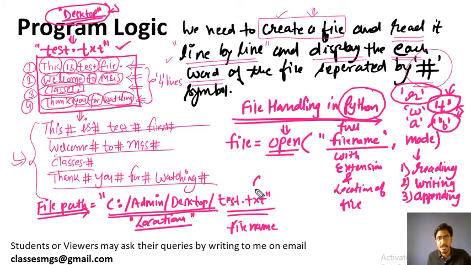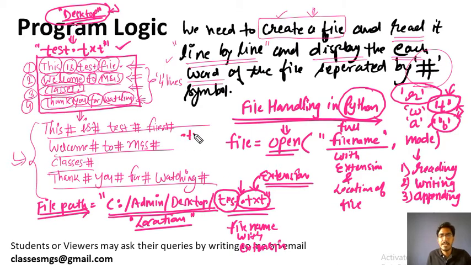And what is its extension? The extension is always put after the dot in the file name. Before the dot is only the file name, test is the file name. This is the complete name with the extension, and this .txt is known as the extension. The extension tells what kind of file it is. .txt means it is a text file, .doc means it is a Word file, .ppt means it is a PowerPoint presentation file. That's how the extension helps us identify what kind of data the file has. So we are concerned about the text file here only.